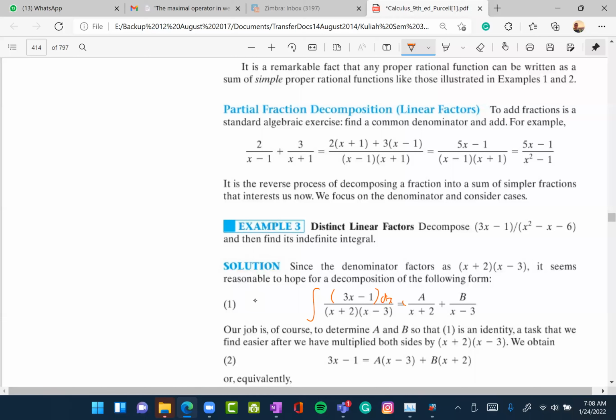If somehow we are able to write this as a over x plus 2 plus b over x minus 3, somehow this would be easy